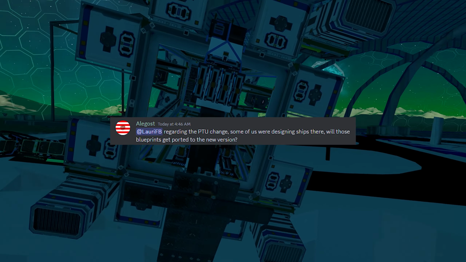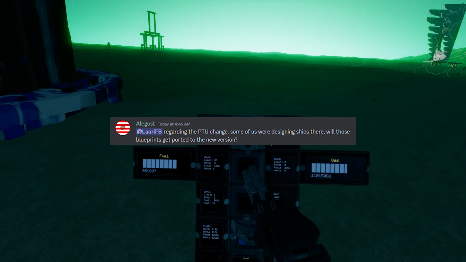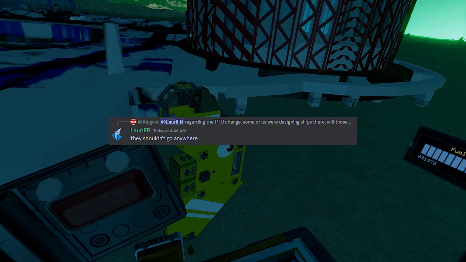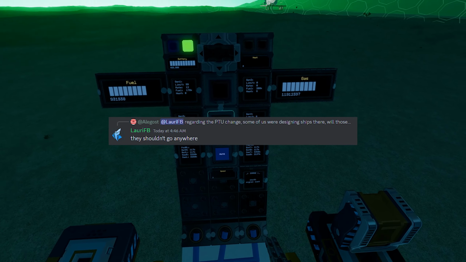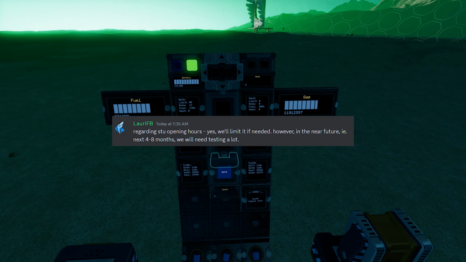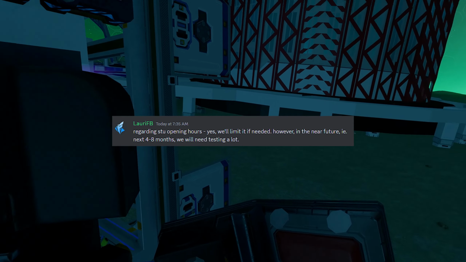Someone, Ali Ghost, asked regarding the PTU change: some of us were designing ships there, will those blueprints get ported to the new version? And Laurie, the CEO, said they shouldn't go anywhere. So hopefully that means that anyone who spent time designing those things will get to keep their ship designs in the new test universe. Also, Laurie added that regarding the STU, I think it's Starbase test universe, opening hours, yes,